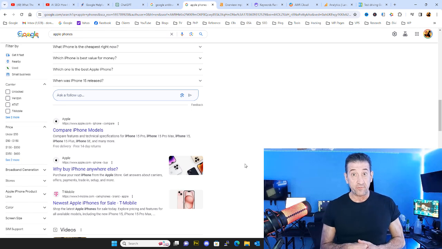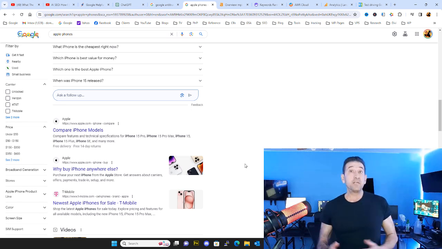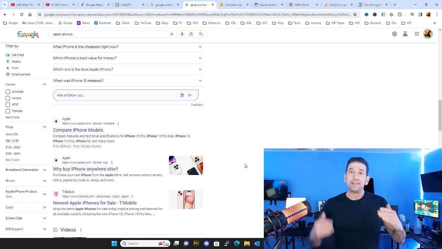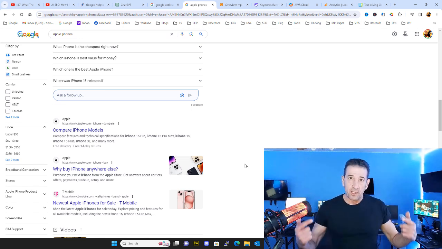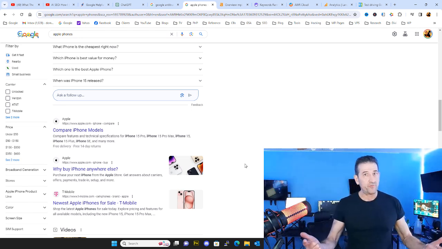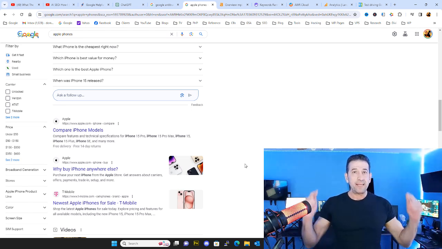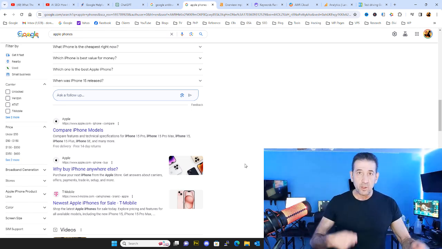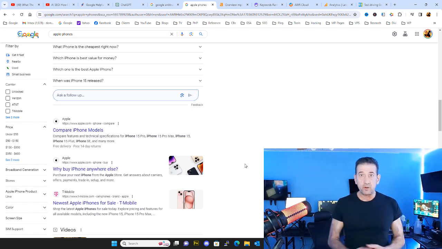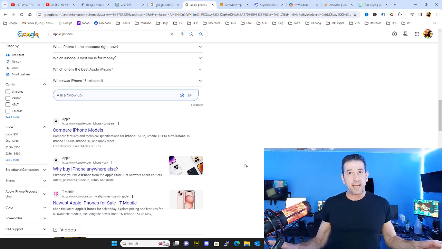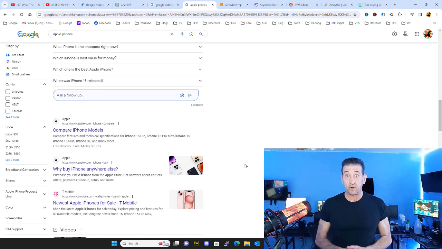SGE, search generative experience. And so those are things you want to be tinkering around with, playing and looking at what are the factors that play into the search generative experience, because you need to be developing your content today for tomorrow, playing your game now against whatever is going to be dealt tomorrow, because as you're making your changes, you're playing against the guys next to you who are competing for those same keywords.